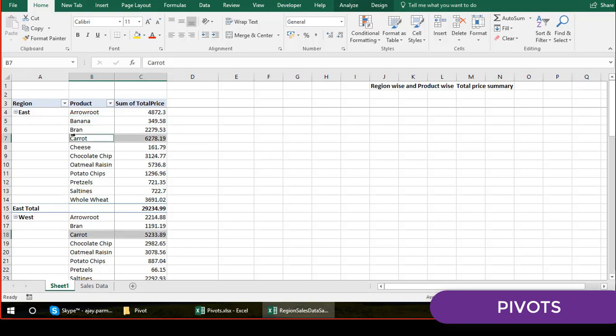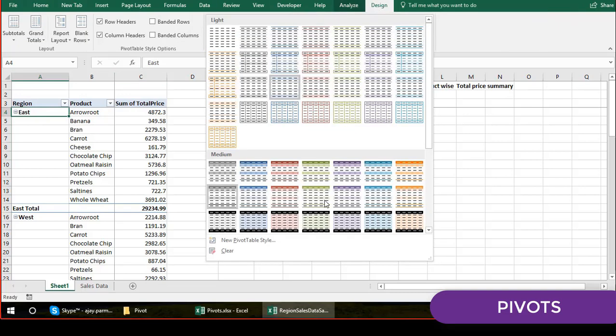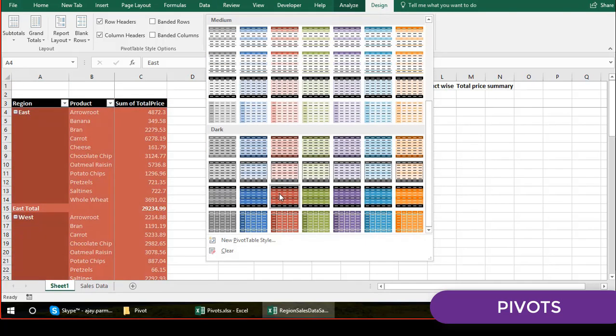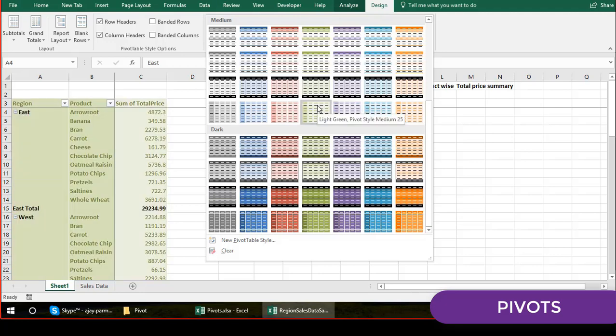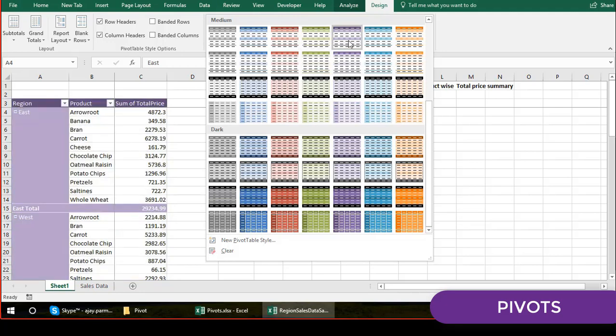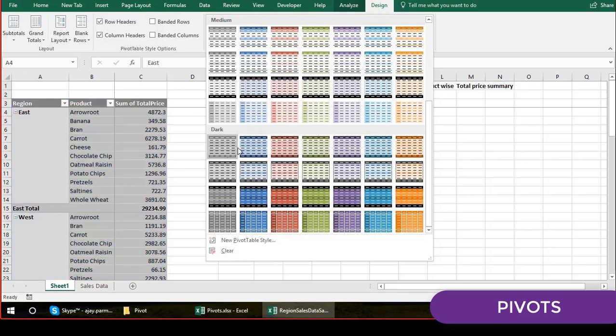And now let's come to the important part, that you can also go and change the template design, because we have a very good template. So you can go to the design and you can choose all these designs. Okay, now guys, pivots generally we keep them raw. We really don't give them color, especially not our colors, but pivots have some very beautiful color combinations. Generally I don't use all these glittery colors, because I prefer my pivot to be simple. So maybe I can choose this color, or maybe this color, or maybe this color. I mean, it's all up to you. Okay, so I go and use this color.